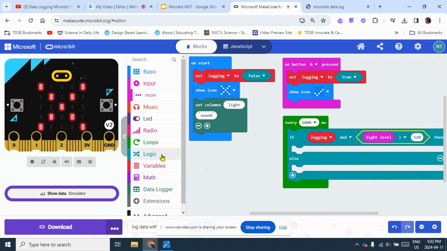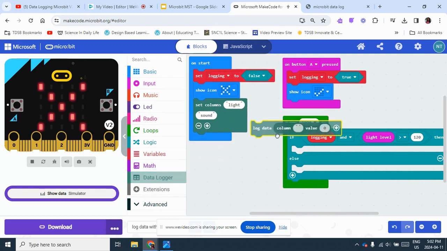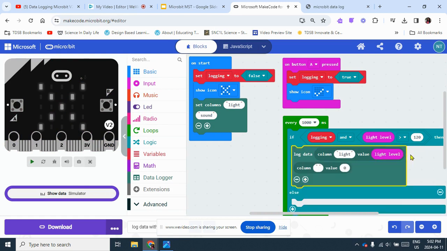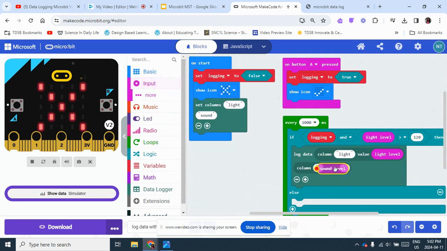Then collect the data. So we need to go back to data logger and we're going to say, hey, log the data for me now. So drag the first one out. And I'm going to define that to be light. The value, I'll be setting it to the light level detection or sensor of the microbit. The second one I'm going to do is sound. So when sound level,